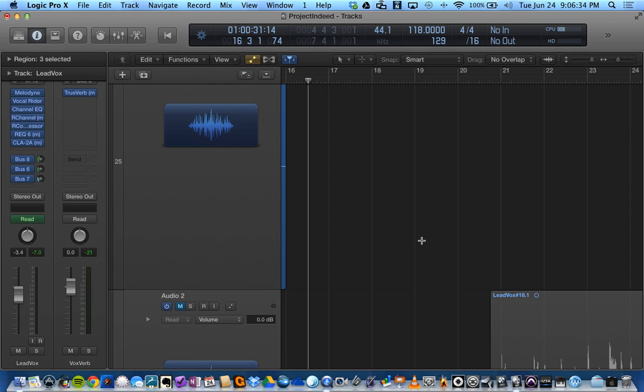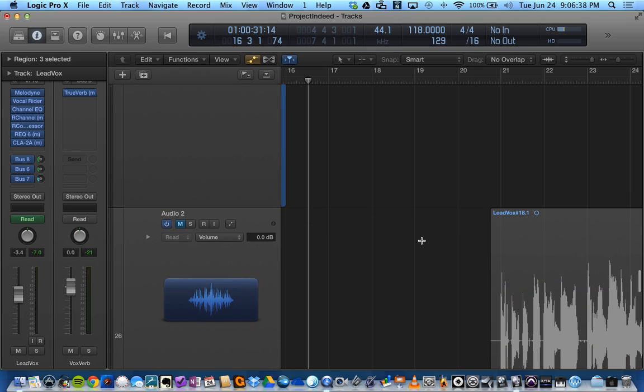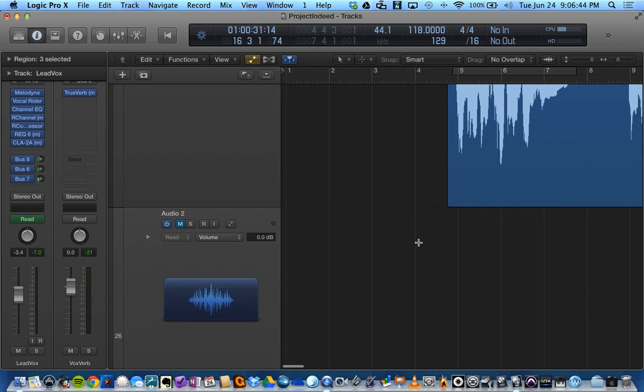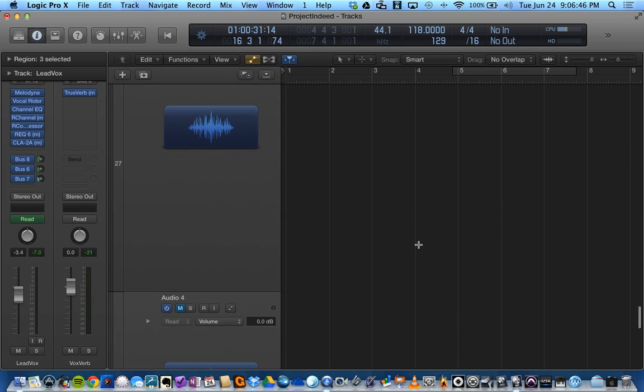Vocals are the most challenging thing to mix. It's because so much goes into it, and because everybody can immediately tell if they like a song or not by the vocal. A lot of other things go into a great song, but if a vocal is not good, nobody's going to like it. Now, Logic Pro X does introduce a lot of really cool things, one of which is smart controls,